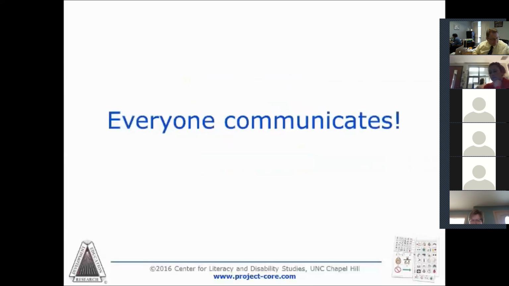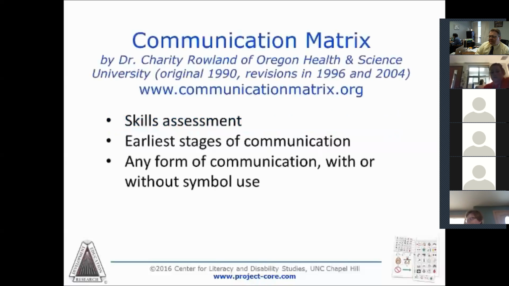In previous modules, we discussed the fact that everyone communicates. Beginning communicators may communicate in unconventional ways and not even intend to communicate with us. Yet, as educators, we can interpret and build upon their unintentional and unconventional efforts when we can recognize them successfully. In Project Core, we are using the communication matrix as one important tool that helps us recognize the communication behaviors